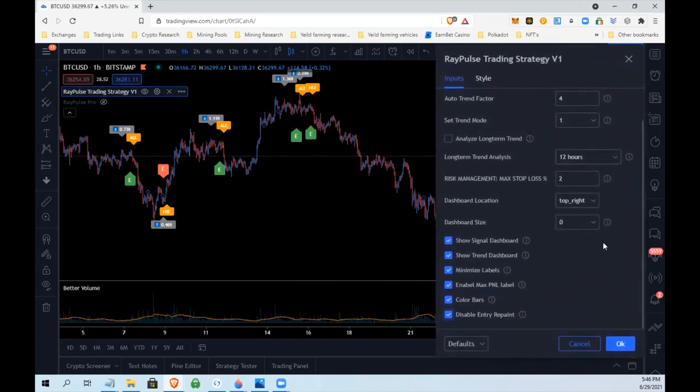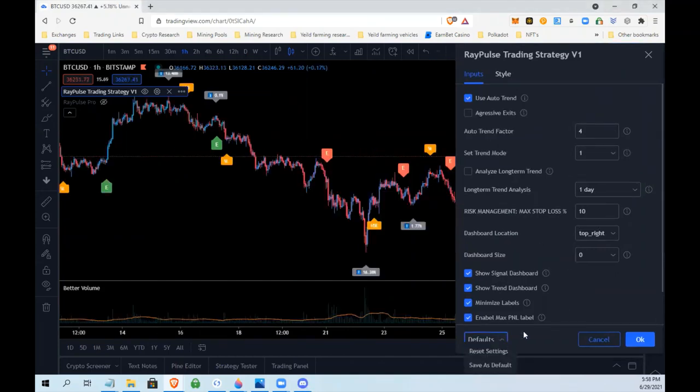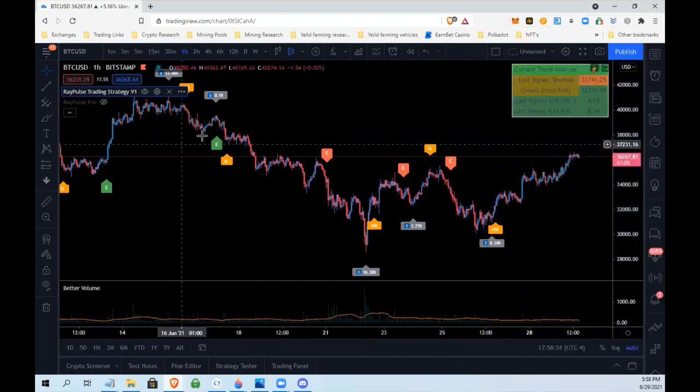One other important setting is this disable entry repaint. What that does is, with it clicked, it requires a candle close before an entry signal is given. With it unchecked, it allows for repainting. So I'm going to reset my settings to default, which is where I personally like to trade, and talk some